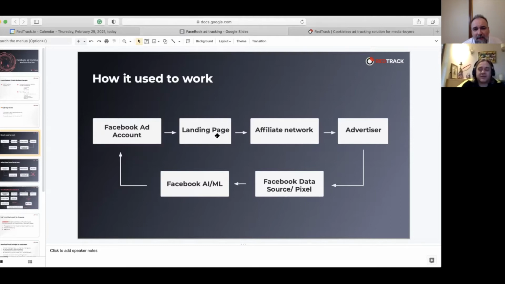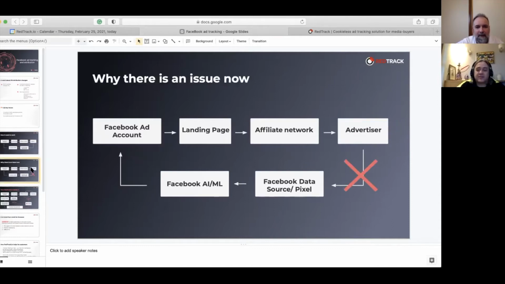Before that, you used to send traffic to a landing page, from the landing page to, I don't know, ClickBank, and from ClickBank to the advertiser. They also have your pixel IDs. They're called for your traffic on the advertiser's website. This data is fed to the Facebook data source, which feeds their machine learning, and machine learning powers your ad accounts, and you get quality results. I was confused to see advertiser there, but this is what we call a vendor, a product owner, right? Yes, this used to be exactly like this. Let us rename it. Oh, thank you. So yes, and now the vendor is running